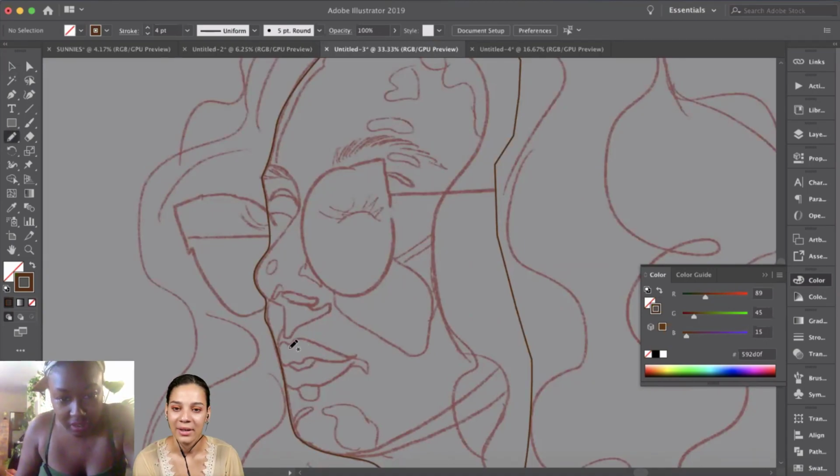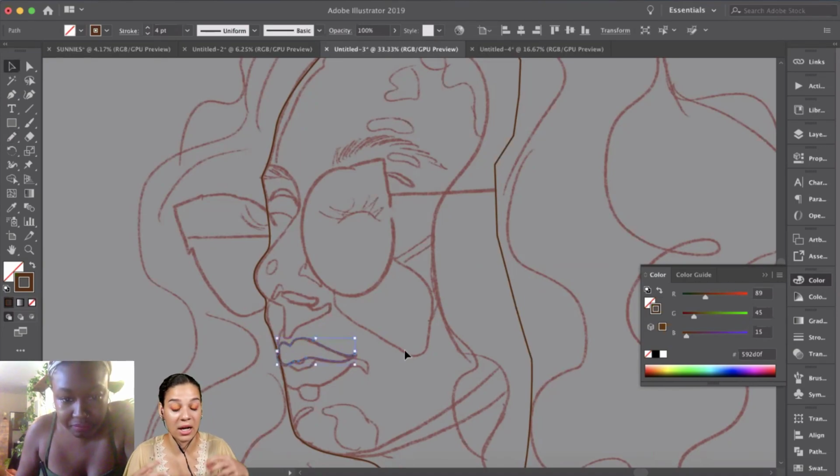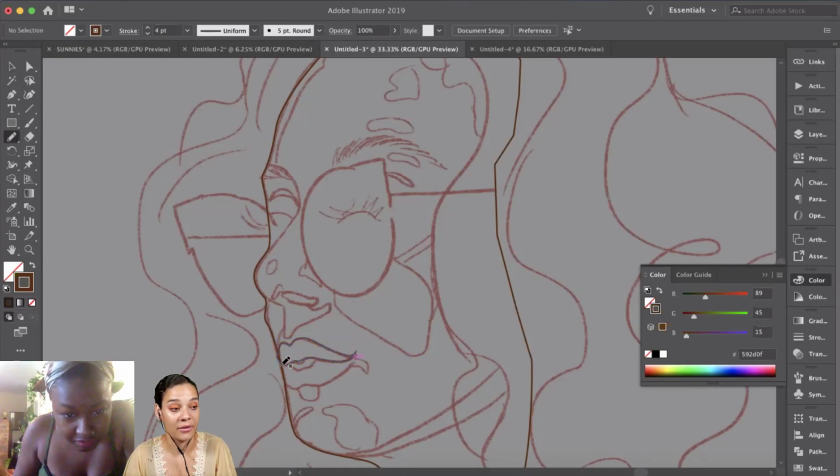If I'm doing something really precise, the pen tool comes to my rescue every time. If I zoom in and work hard manipulating the Bezier curves, I can get a spot-on perfect result.